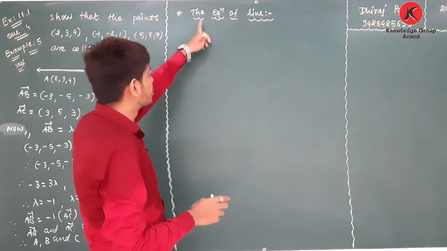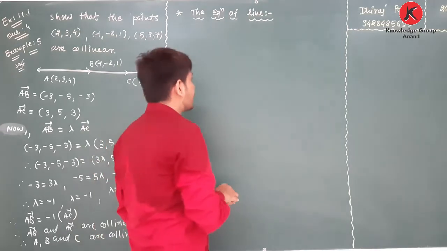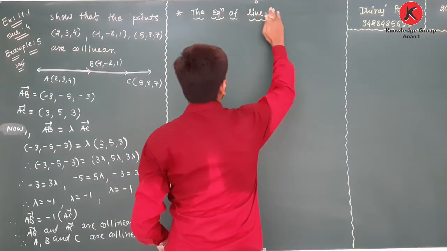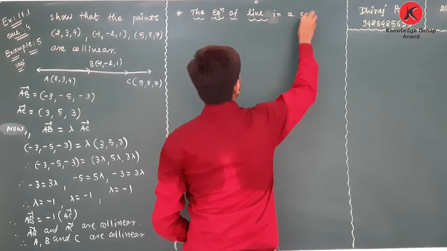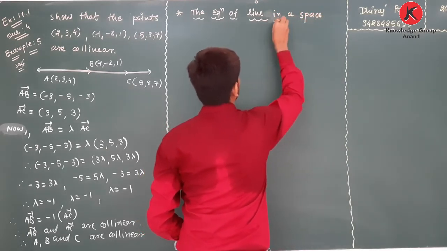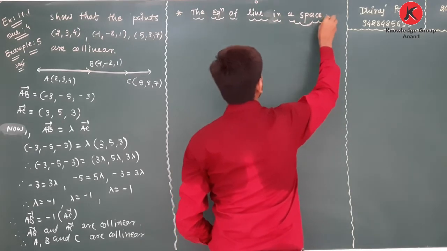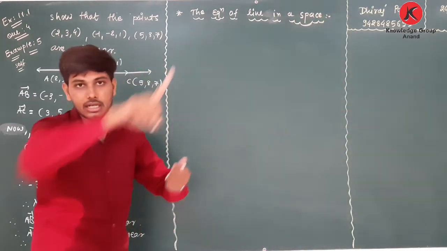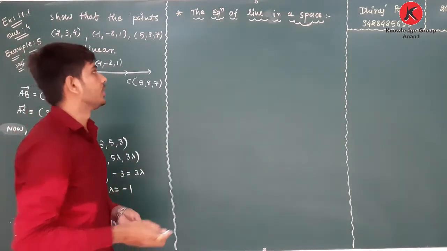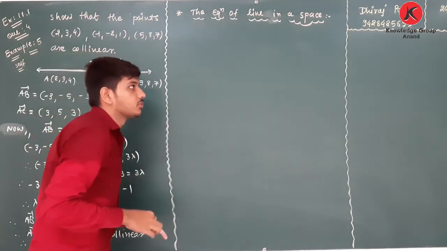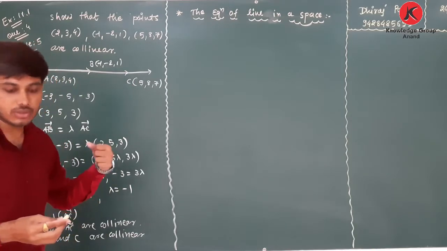So the line in a space, what we are talking about right now is the equation of line in a space. We are going to talk about a line within space, meaning 3-dimensional geometry, a line can be like this. Okay, now I am going to discuss the first, the vector equation of line